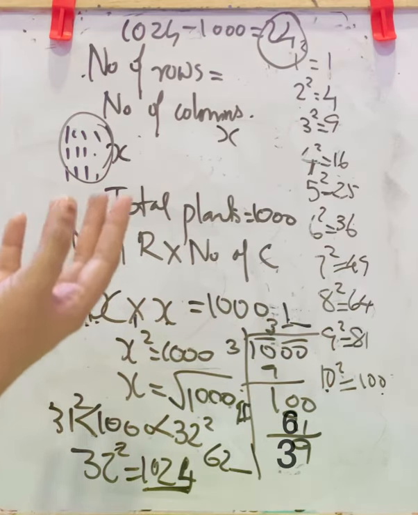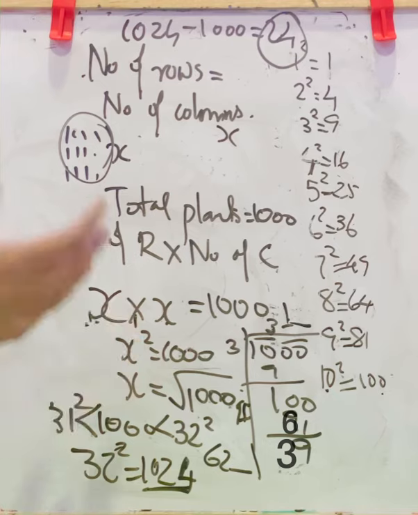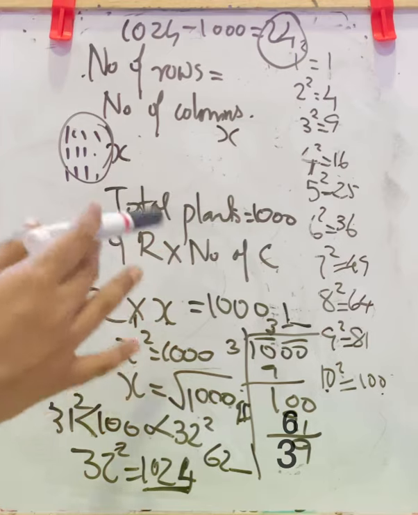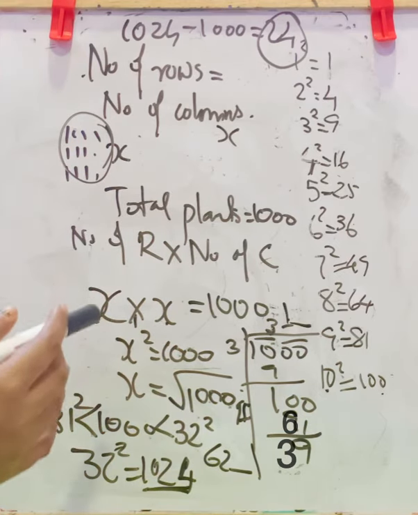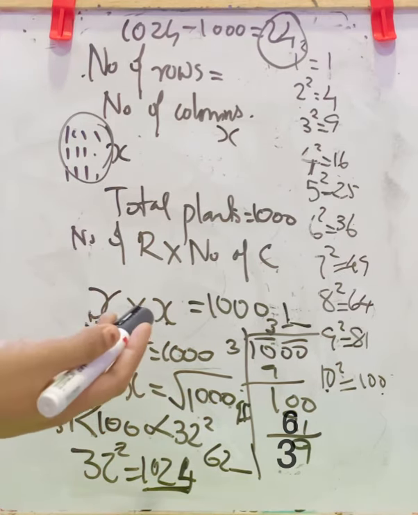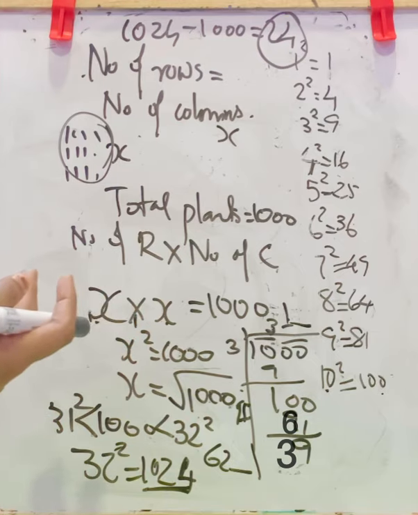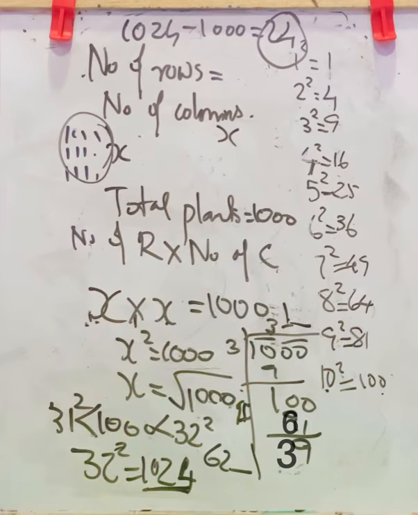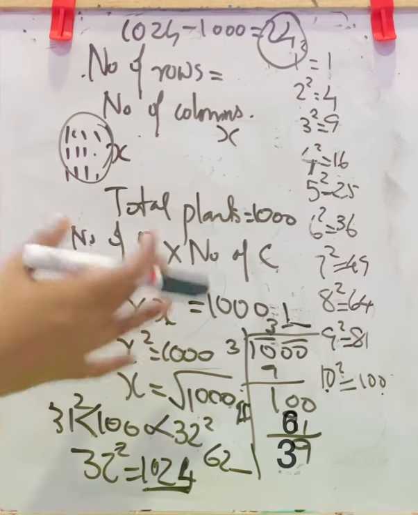If you are asked to find number of students standing in an assembly and make number of rows and columns equal, and if some students are left because number of rows are not equal to number of columns, then you have to find the square root and then check which is the next square number than the number of students, so that you can add more students to make a perfect figure. That is, number of rows and number of columns are equal. In such type questions also you have to do the same method.